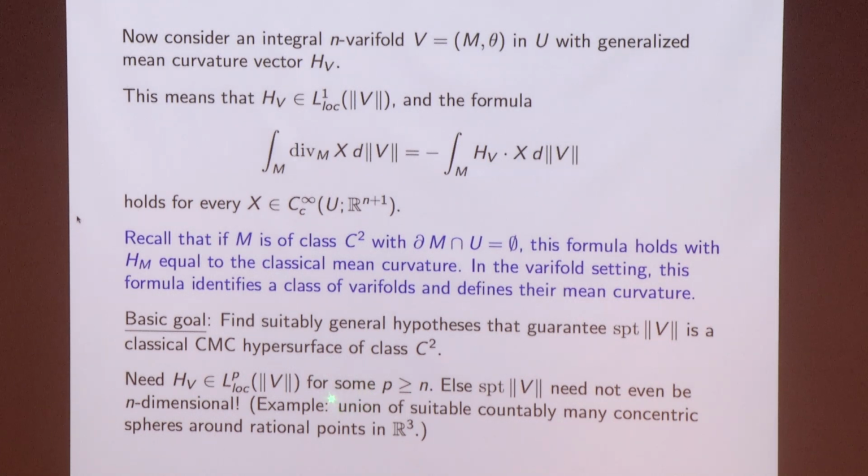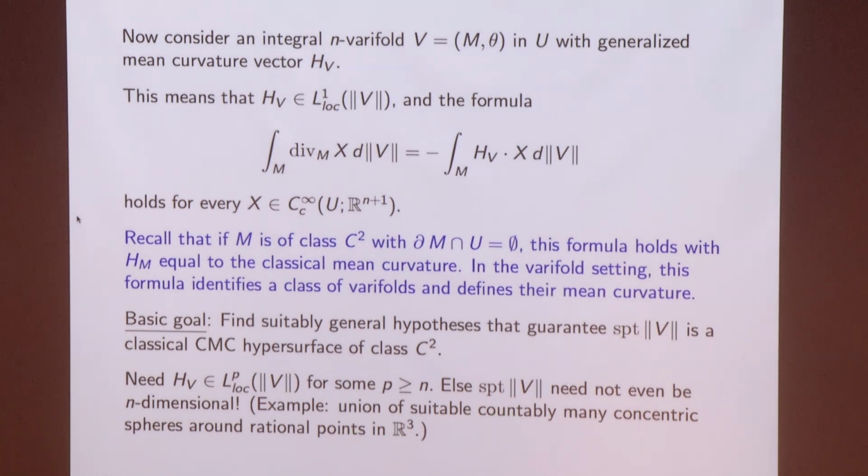So the very first thing to realize is that you need to improve the integrability assumption here. L1 is way too weak to give you anything. So you need LP for the mean curvature for some p larger than or equal to n. Otherwise, for the support of the varifold, it's easy to construct examples where the support actually is the whole space. For instance, you